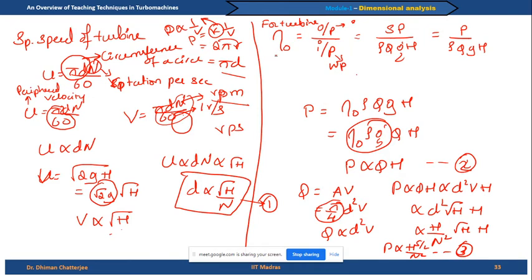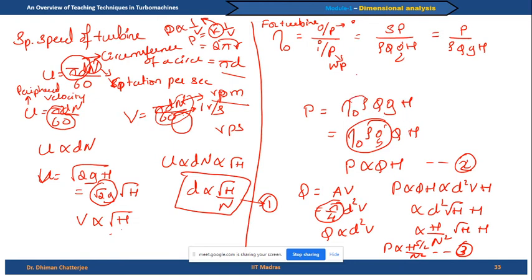Now coming to the turbine, overall efficiency is given by output by input. That is the basics. You should understand what is output in a turbine. In the turbine, the output is the shaft power and the input power is the water power. So we can substitute the shaft power by water power. The shaft power is given by P and water power is given by rho Q G H. Again, this you have learnt in your fluid mechanics basics. Now I am getting the formula for P. So what is P here? P equal to, if I shift everything to that side, efficiency rho Q G H.